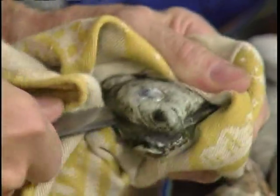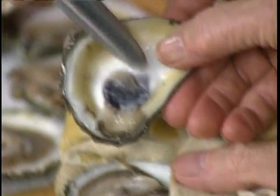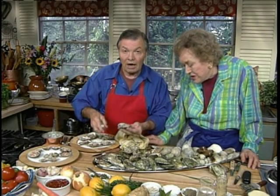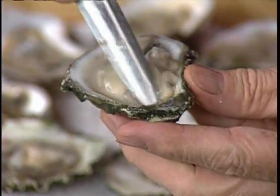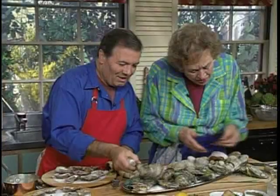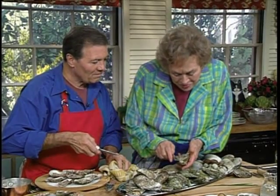Now I felt it open, so with the side of the knife, I have to cut the abducting muscle on top, you see? And now look at it. See, this muscle here is what keeps it closed. So this is really full. And then it's harder to eat this way. So what you want to do is to cut the other part underneath so that it's totally loose. So you're ready to swallow it up, with juices and everything. Right. Now, here's another way. If you can pick out your own oysters, pick them out so there's a little